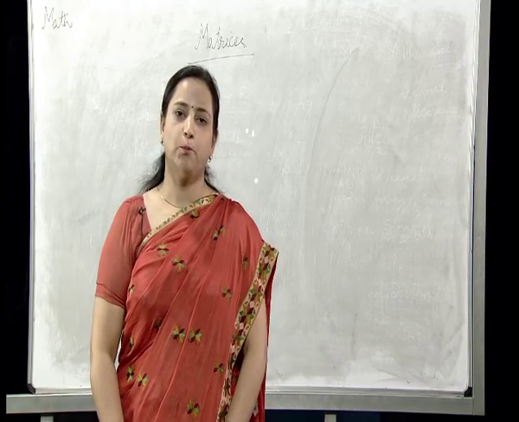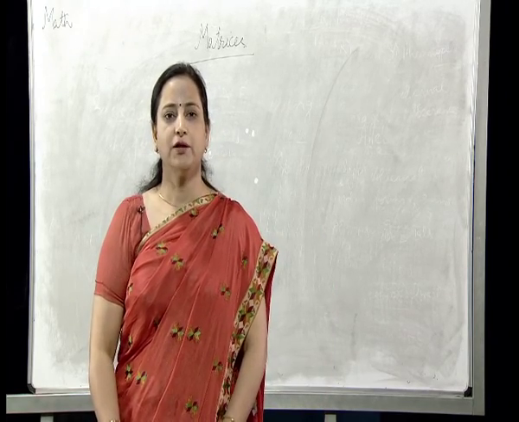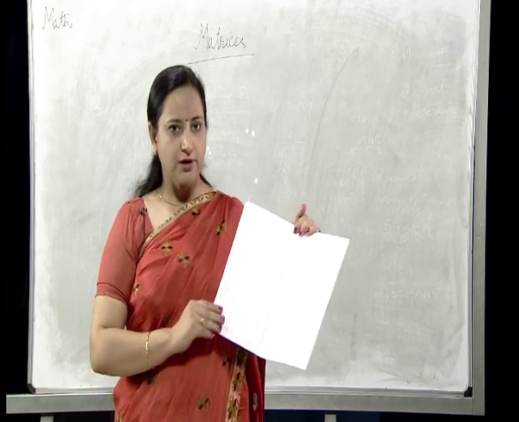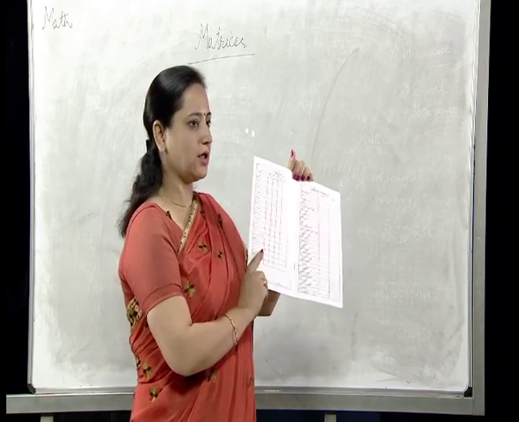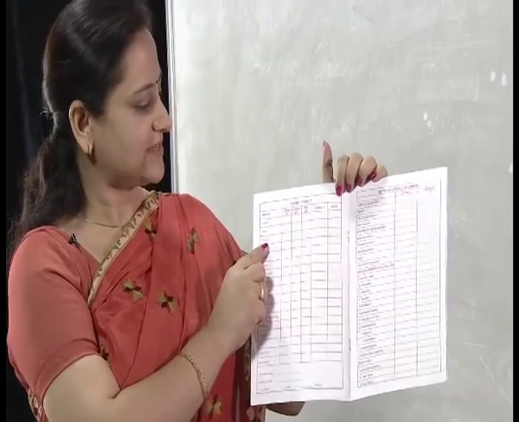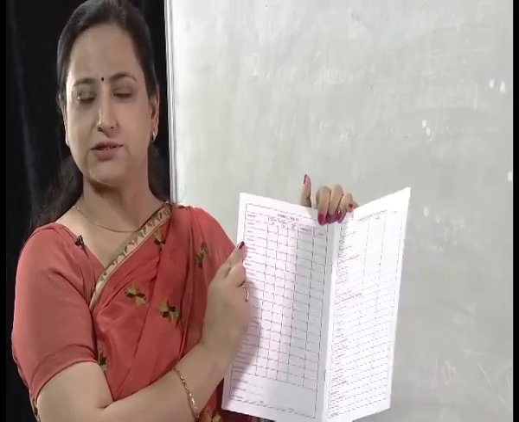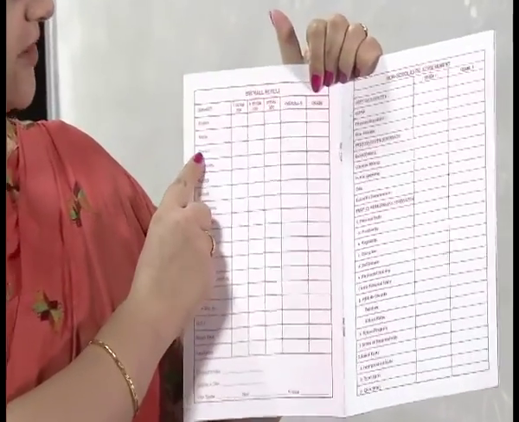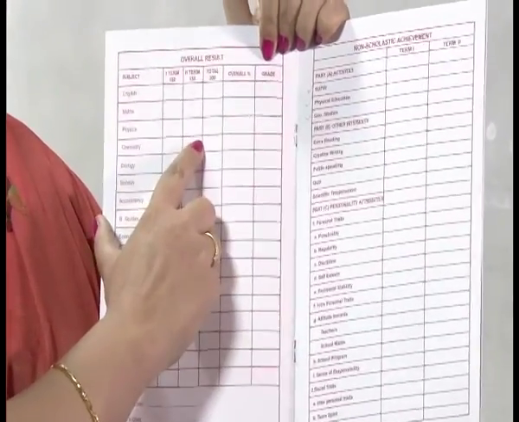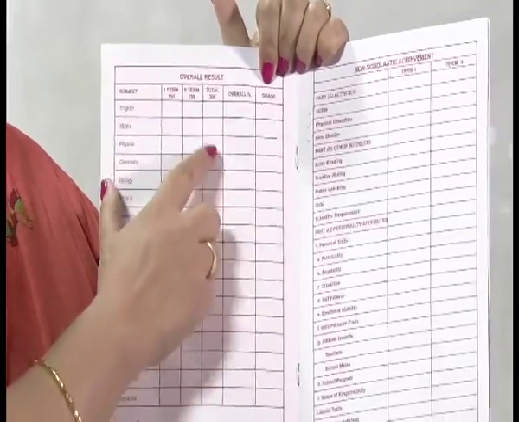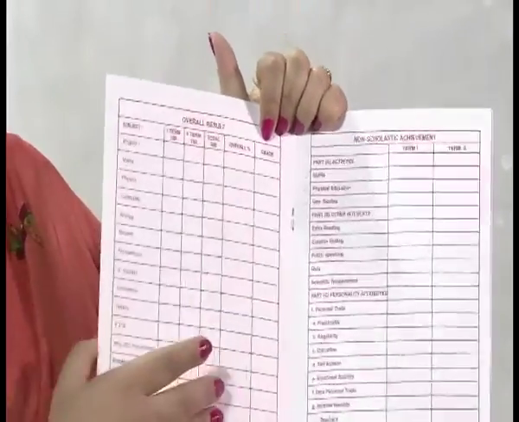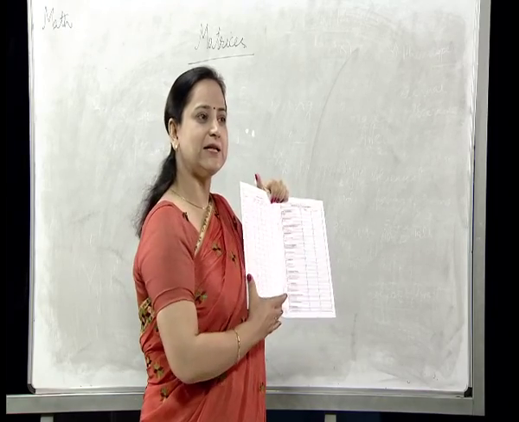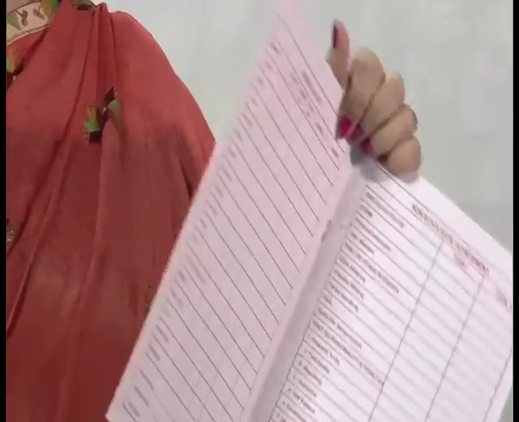You have all been seeing your report cards since childhood, the report cards you get at the end of your session. If you want to see the marks you scored in physics in the first term or the second term, what will you do? You will find your subject, physics, and go across to see your marks in the first term and the second term. In the same way, you can check the marks of any subject. You can see this arrangement is a matrix.